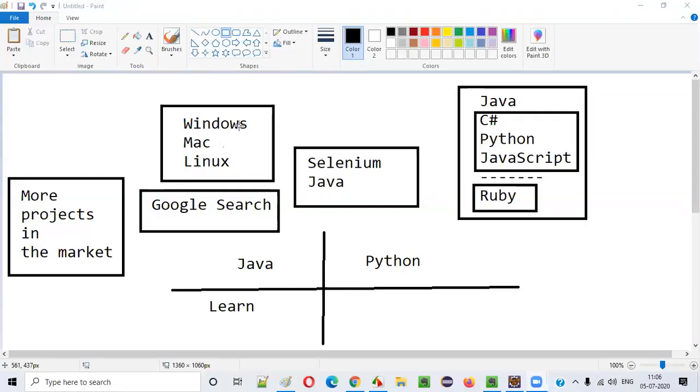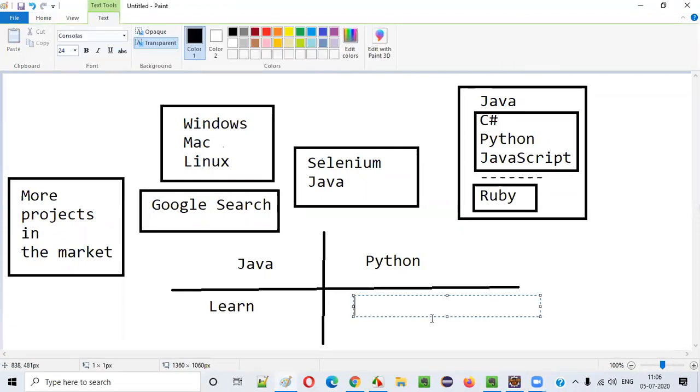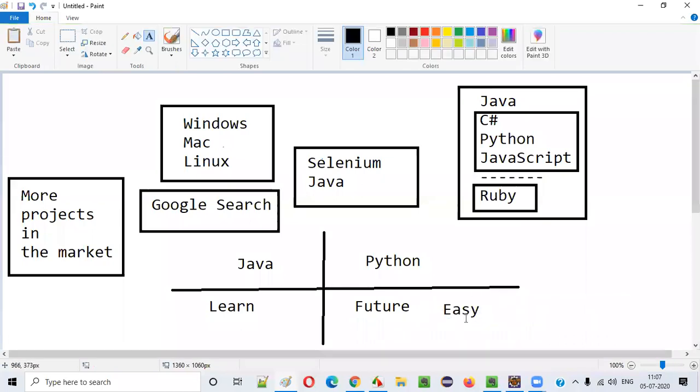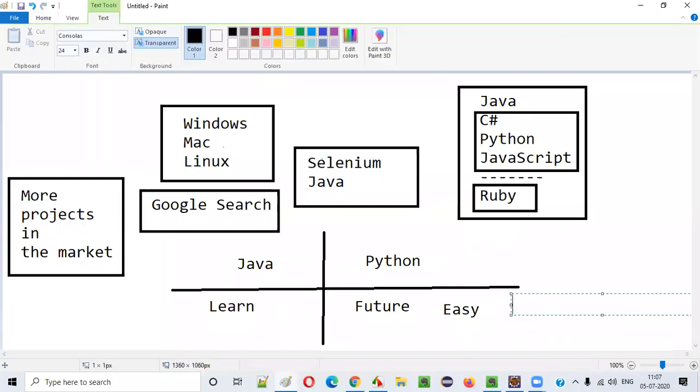Yes. So simple. Nowadays a lot of new technologies like machine learning are based on Python, right? Advanced. You can say the future is very good for Python. Some people believe that, and the other thing that comes to their mind is that it's easy to learn. Some people feel Python is easy compared to Java when learning, and people may think about demand in the market.